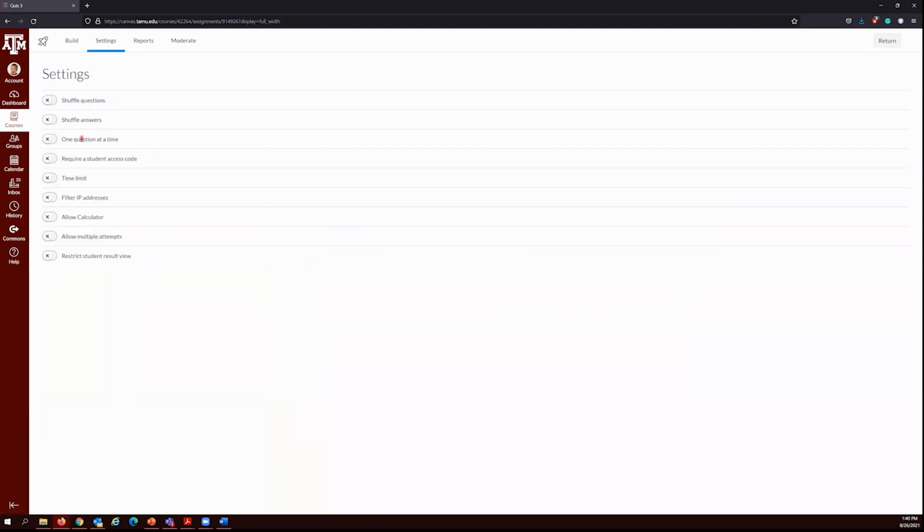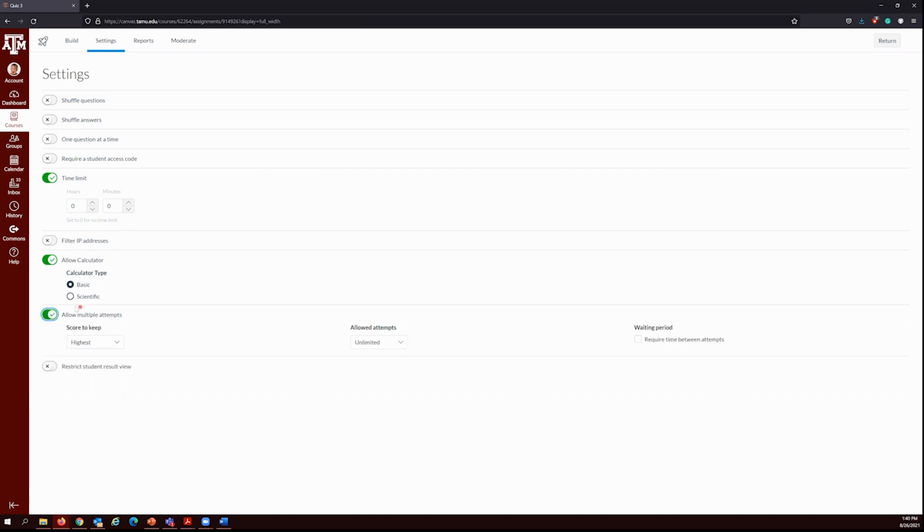You can also do one question at a time, require a student access code, put in a time limit, how many hours and how many minutes. You can also filter their IP address, allow calculator, allow multiple attempts. You have different options that you can choose from, which is, if you allow multiple attempts, which score do you want to keep, which is the highest, average, the latest, or the first. You can select how many attempts,